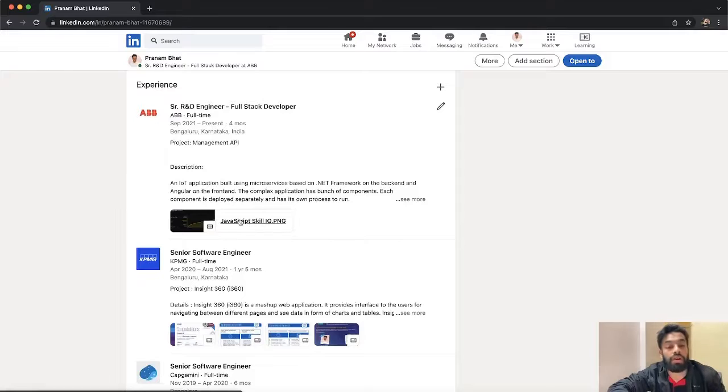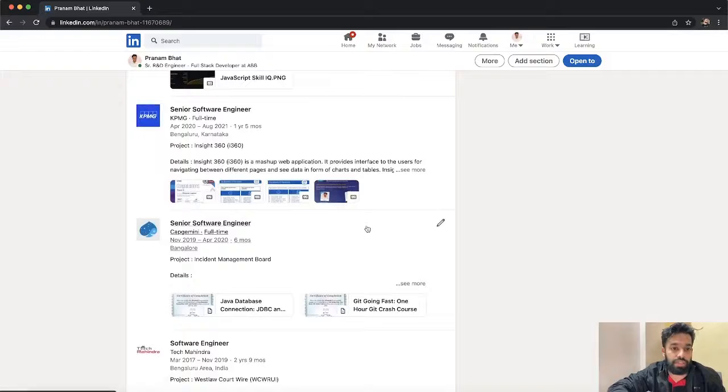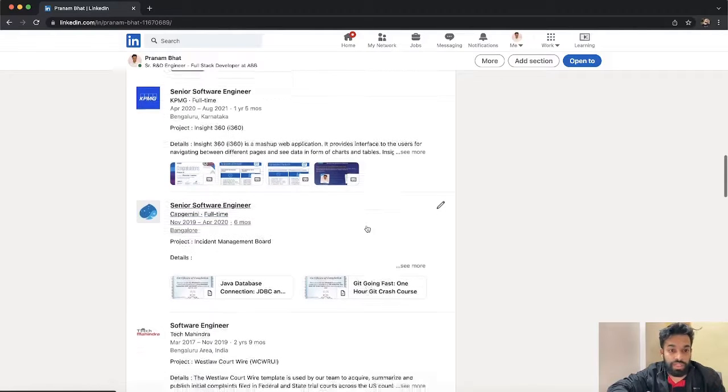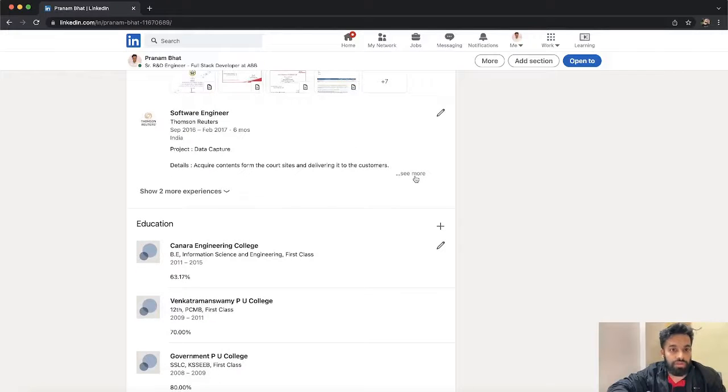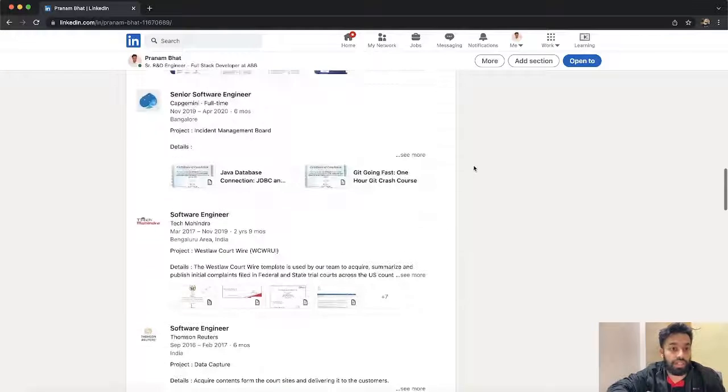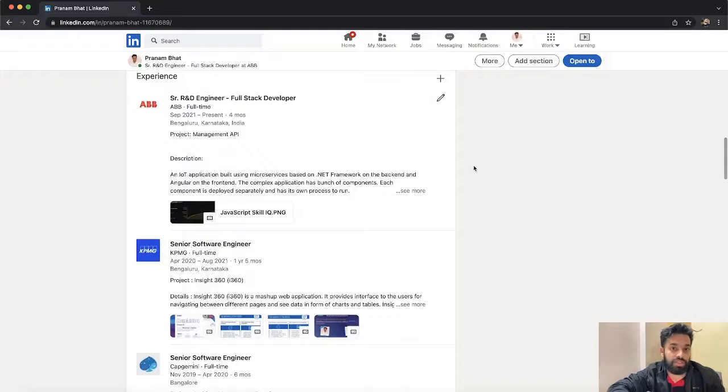So here I have added some skill challenge IQ. So that got added here, and that will be showcased to the visitors. Whenever someone visits your profile, they can see the media or your certifications or Pat on the Back awards or anything. So that can be an added advantage, I can say. Once that is done, mention all the experience in the experience section, whatever work you have done so far, everything under the experience section.